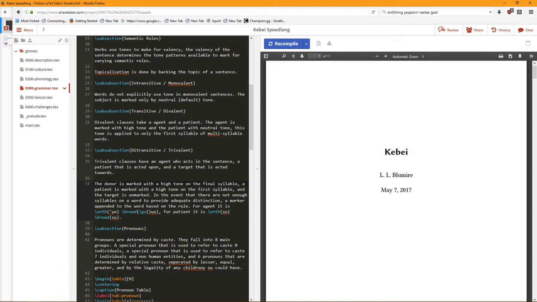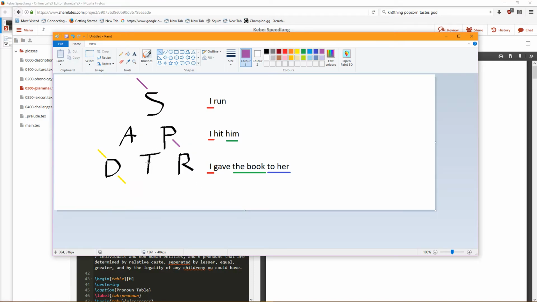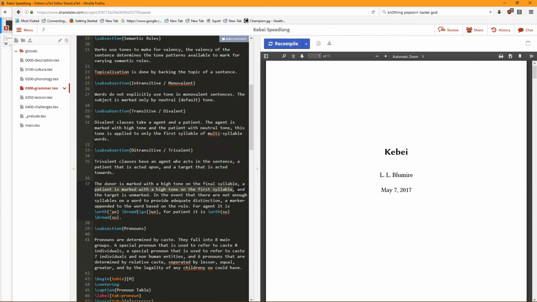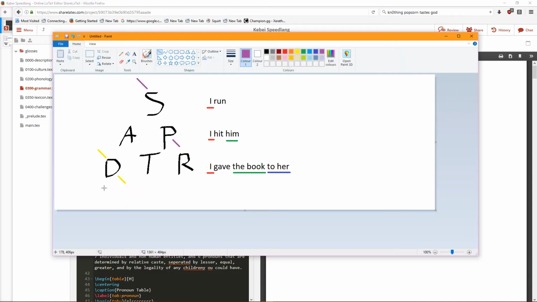The target is unmarked. The patient is marked with a high tone on the first syllable, where the patient was more... Oh, no, the patient would be R. No, the patient would be T, because I used completely the wrong words. A theme is marked with a high tone on the first syllable, which is more like these two over here.